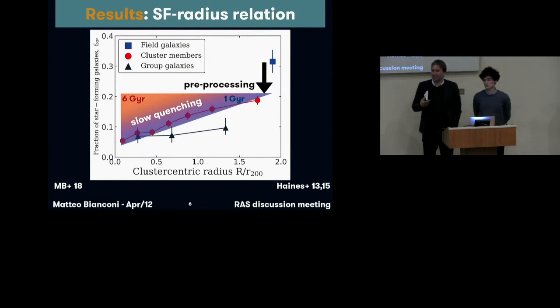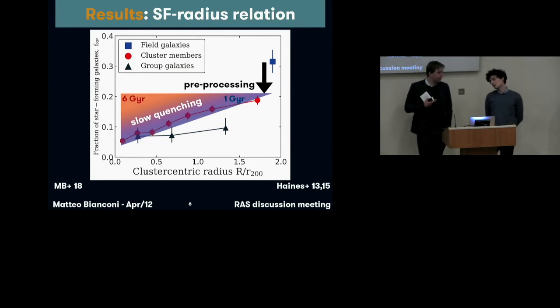So your 1 to 2 gigayear timescales are very similar to the depletion time of molecular gas if you just leave it alone. So does that mean you think that this is more strangulation than active quenching? Well, I wish I could have the answer. We definitely do not have the resolution to see exactly all the different phases of it. I would not claim that ram pressure stripping doesn't do anything to it. Personally,